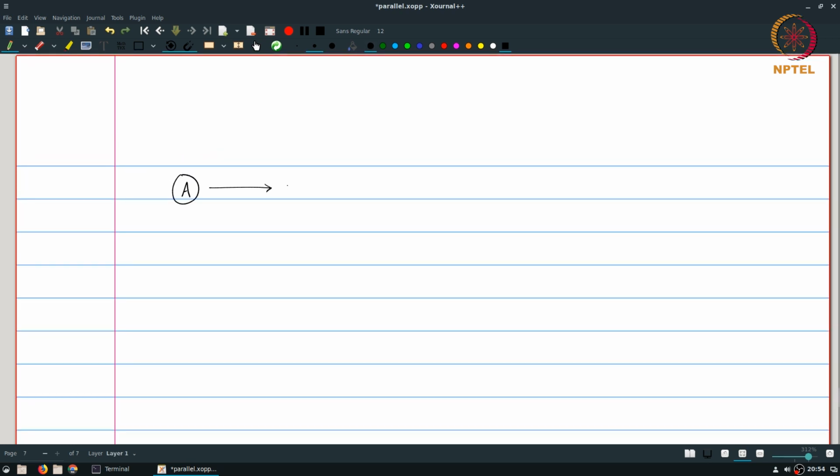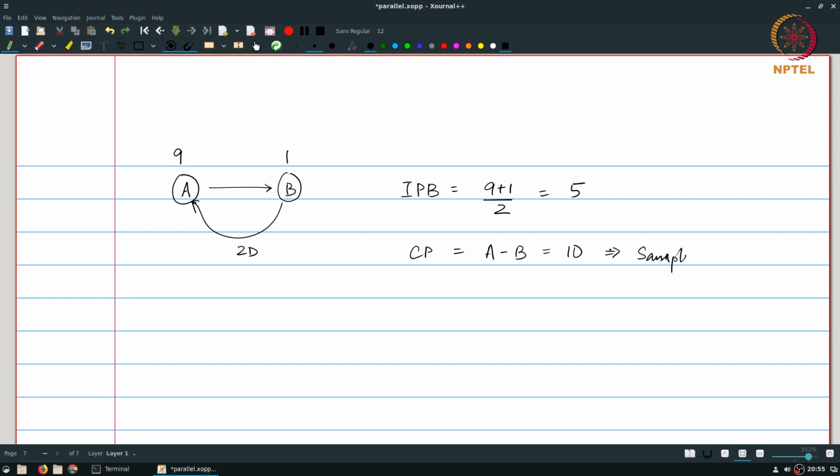Again, the same connections between the nodes A, B, 2 delays, but now A had a delay of 9 time units and B had 1. The iteration period bound in this case is exactly the same as before. It is (9 plus 1) by 2, or 5 time units. The critical path over here is also equal to the distance from A to B. There is a total time on A to B, which is equal to 10 time units, and the sample interval